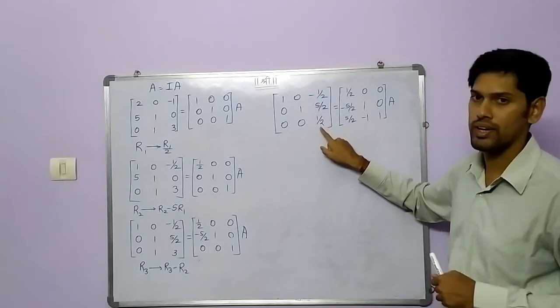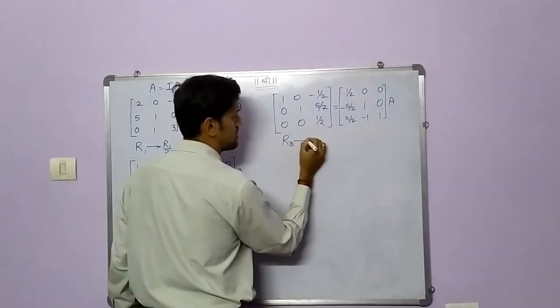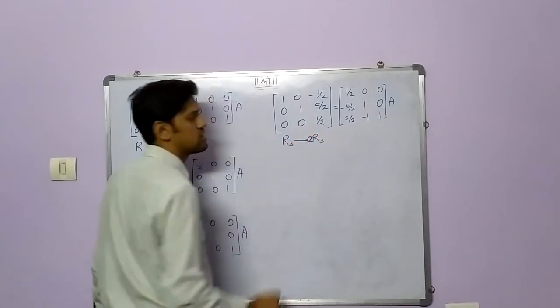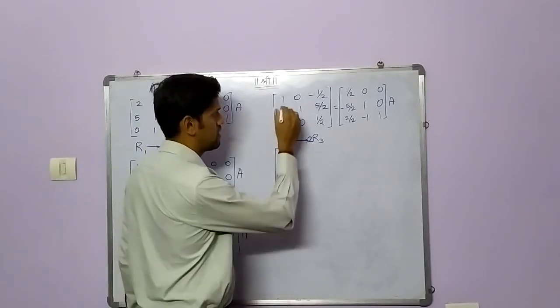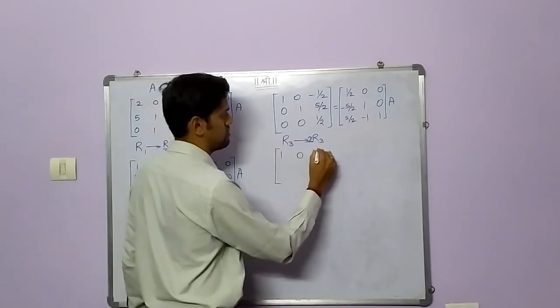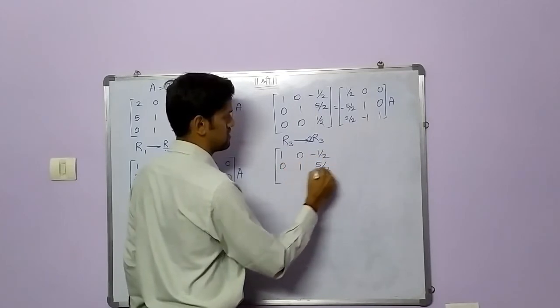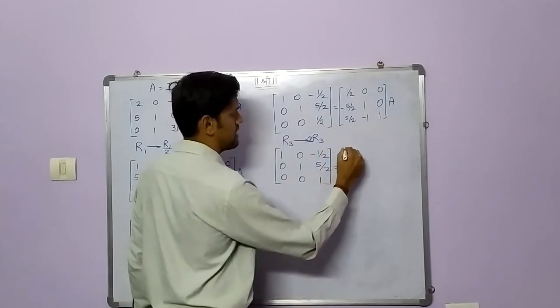Now the target is to make this as 1. To make it 1, I will multiply row 3 with 2. So when I multiply R3 with 2, R1 will be 1, 0 and minus half. And the right hand side will be